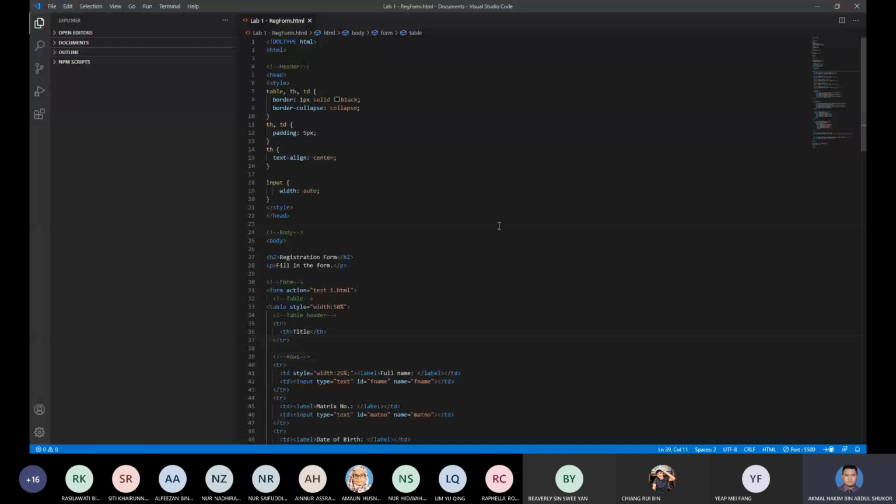So the example that I showed you just now was a combination of everything we learned, from creating a table to creating a form and the other tags and elements that we use for input in the forms. Remember that we always start with the doc.html and then we have our header. Here in the header, I only write for the table content. And then also here you see the input